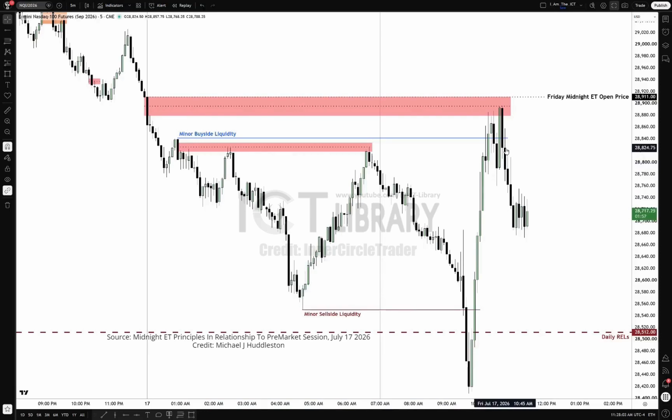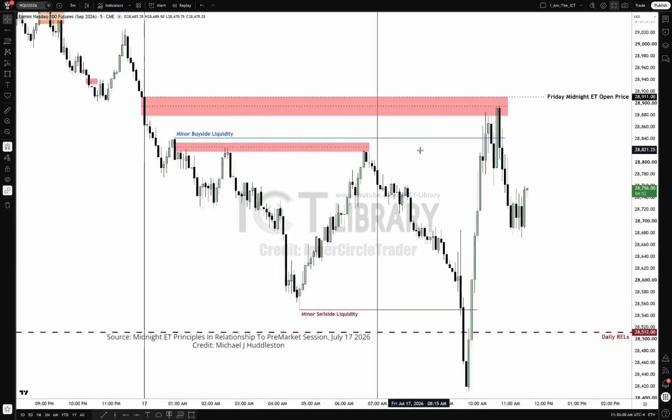Yeah, your narrative has to be correct. And then the market rallies one more time up into it there and here, and then finally gives up the ghost, and we're back inside this area. And we have a minor sell side liquidity pool here, which is just above our daily relative equal low draw. And we had a nice sell-off, aggressively runs into it. And then once we have that, we come all the way back up into these relative equal highs. So I'll let you guys stew on that,